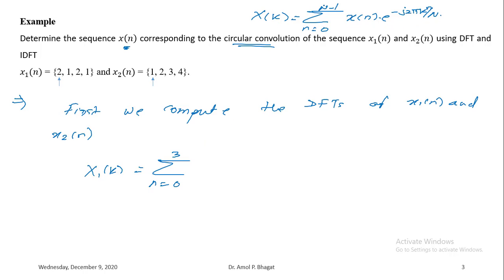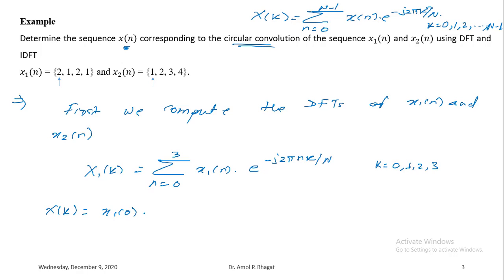So here the value of capital N is nothing but 4, because 4 samples are there, right? So here we'll be writing x1 of n into e to the power minus j 2 pi n k by N, right? So here we'll have the value of k as we have seen in the formula. So k is 0, 1, 2 and 3 in our case, that is 0, 1, 2 up to N minus 1, right? So this x1 of k, as per this formula, if I substitute the values of n here,